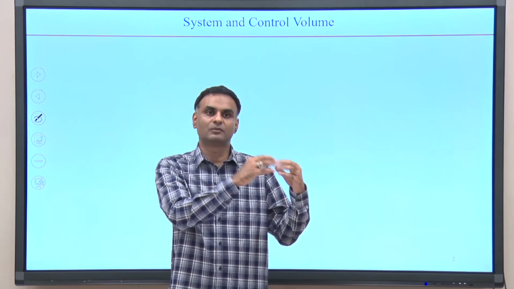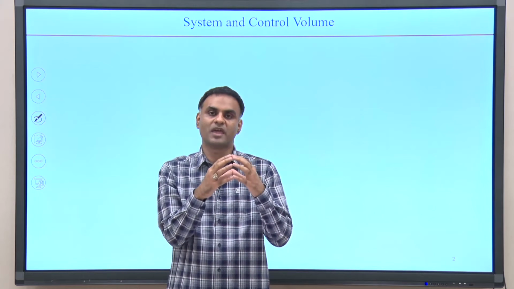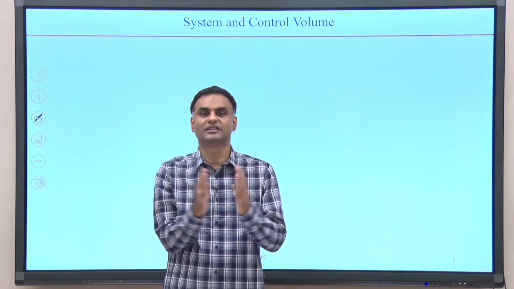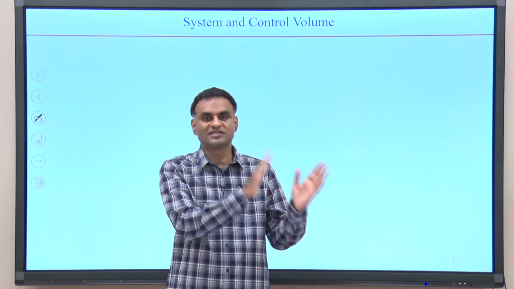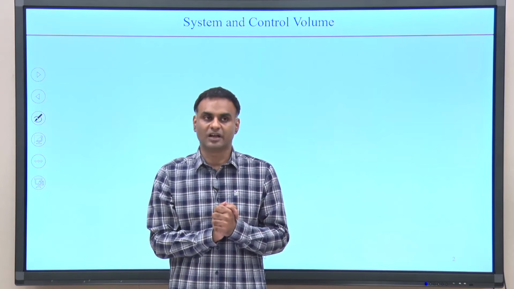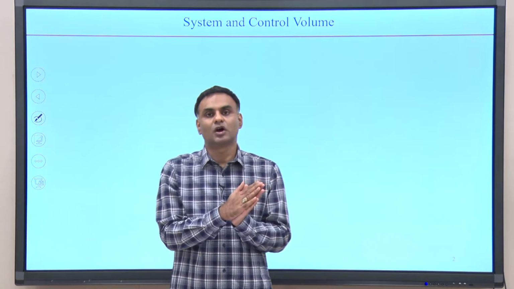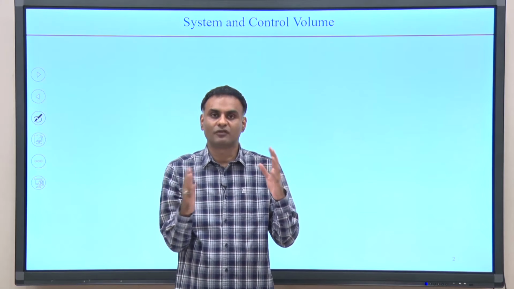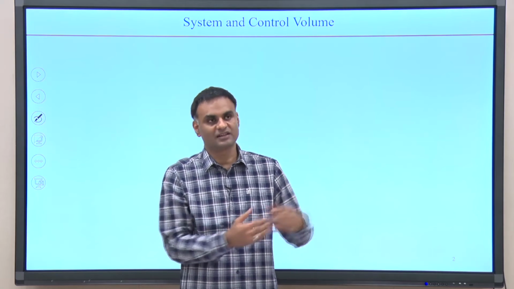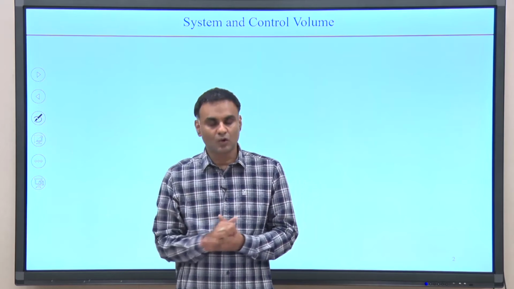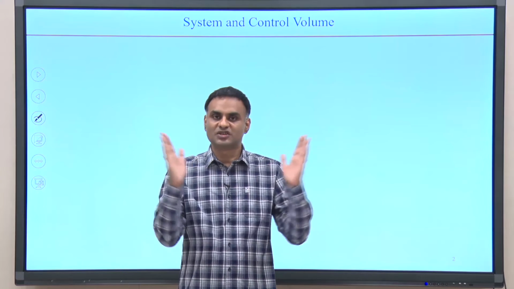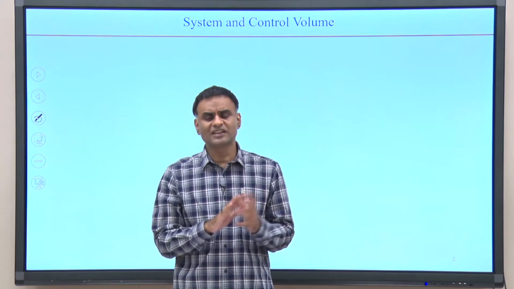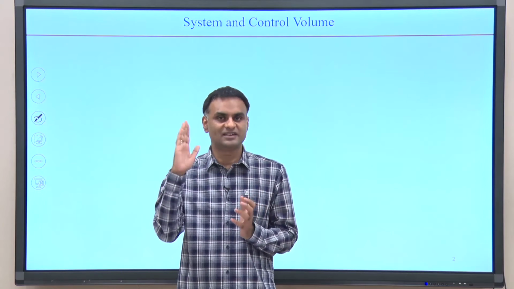We will be looking at the motion of the fluid particles that are present around this rocket at any particular time. That is what we call the Eulerian approach, where we look at the motion of fluid in a particular region of interest, and the fluid can come in and go out of it. Using these two approaches, the Lagrangian approach and the Eulerian approach, we can solve fluid mechanics problems, but as I said, generally